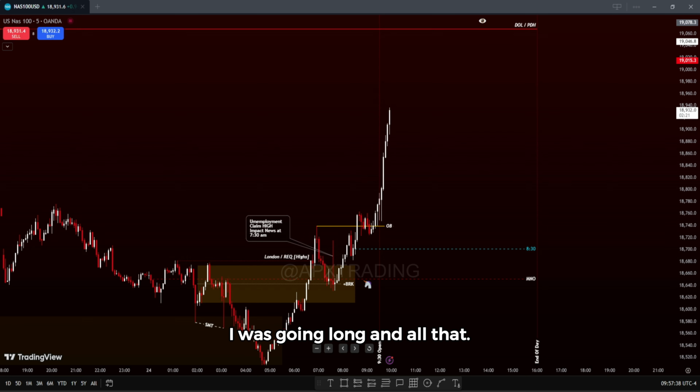I was going long in all that, using that fair value gap high as support, expecting it to rally, and using the longest blue rectangle on the left-hand side of the chart between 11 o'clock and 1 o'clock, waiting to see price rip through that and attack the buy side liquidity resting around 40.95. And it dug into that and then reached up above the highs formed between 10 o'clock and 10:30